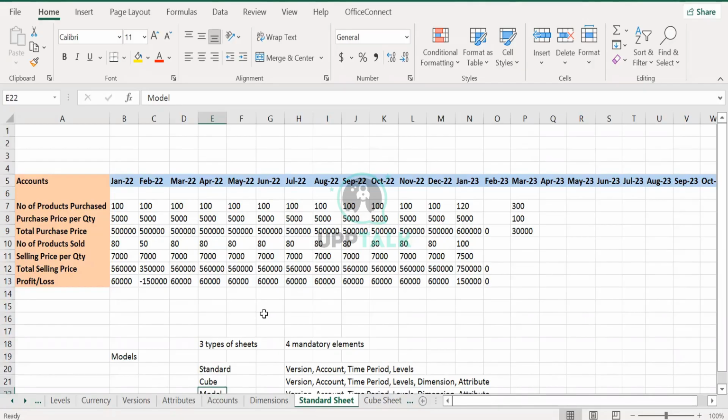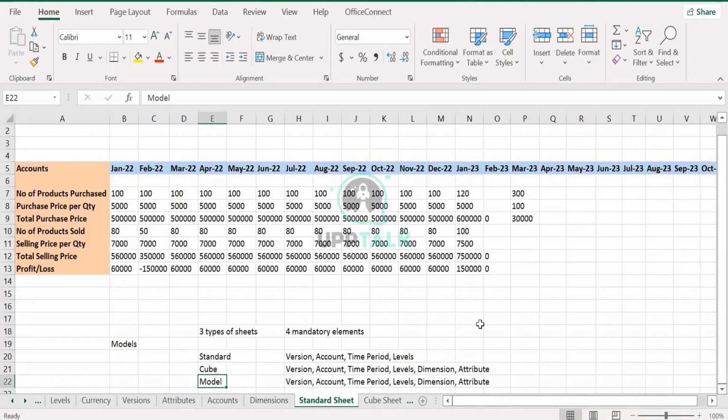One question here. The pivot, in case you want to have pivots in your sheets, can that be run only in a model sheet? No, it can be done anywhere. Basically, the pivot is nothing but your reporting requirement. Reports can be created of all of these models. Basically, each and every data that you have in Adaptive, you can create a report out of that, for every data and every model.